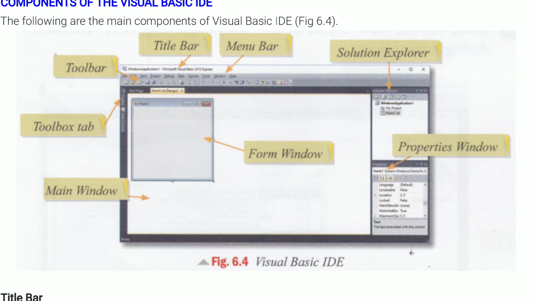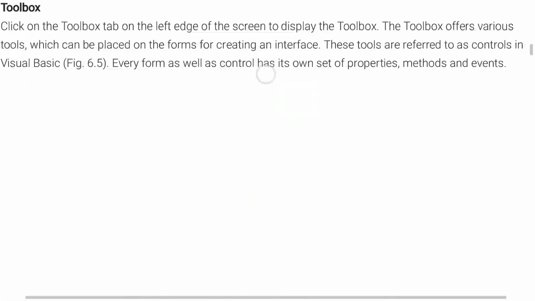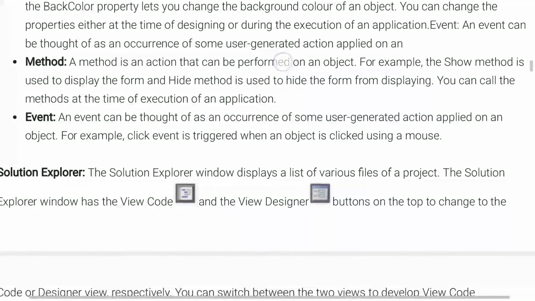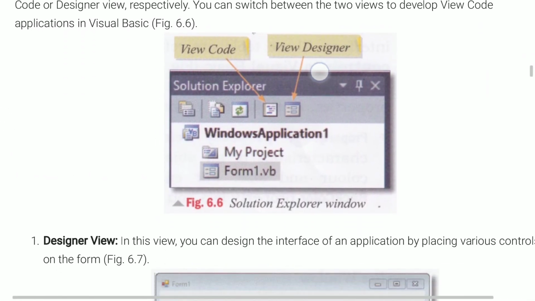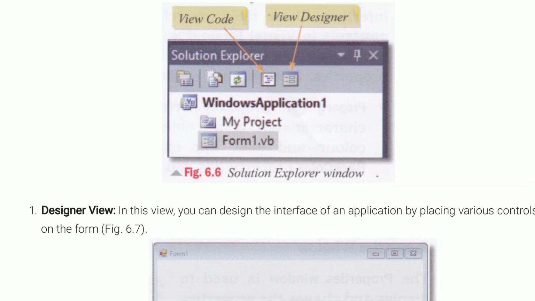As you can see on the screen in the picture, on the top right corner, the Solution Explorer window is situated. In this figure you can see there are two buttons named view code button and view designer button.